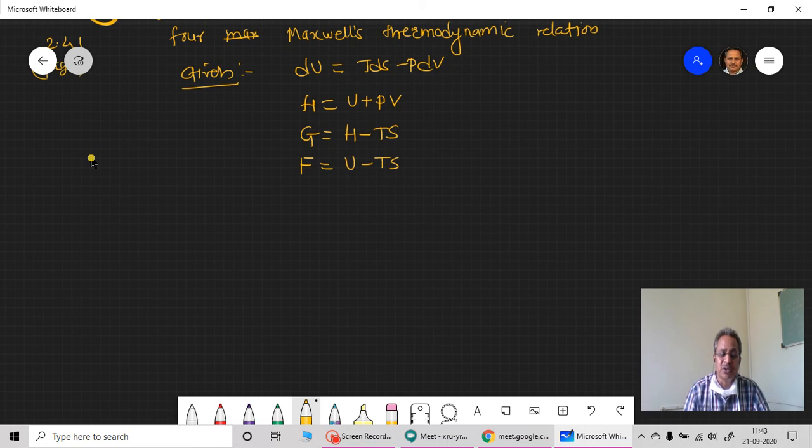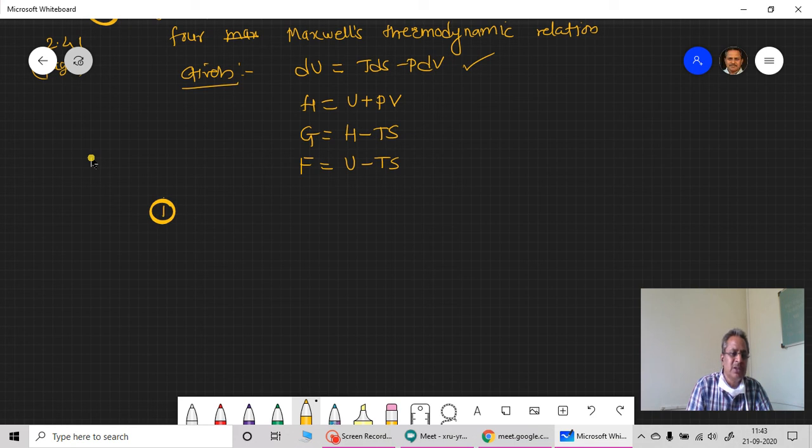But as we understand, we have already studied these particular things in FYBSc, where enthalpy is given to be U plus PV, Gibbs free energy is given to be H minus TS, F is given to be U minus TS, and we have to derive this. म्हणजे आपल्याला हे पहिलं जे रिलेशन आहे, we have to use this relation to go for all of this as follows. Okay, now what are these relations given?